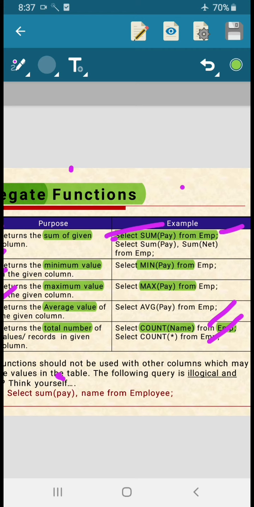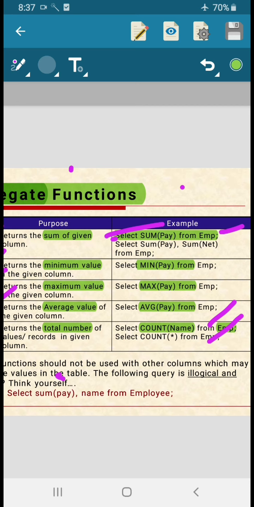With the names also we can write. It's not mandatory to mention only one column. We can write select name, max of pay from employee. It gives the name also, the minimum also, and the average. If I want to know how much amount I'm spending on each employee, then I'll get the answer. It's not like only one function we have to write. These functions can act upon different columns with the help of conditions also.